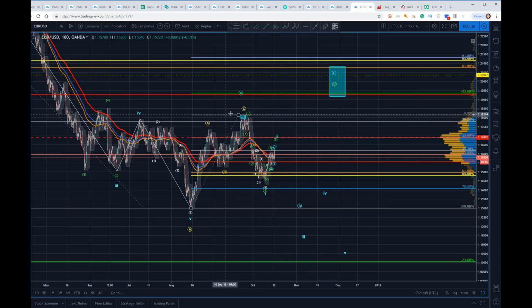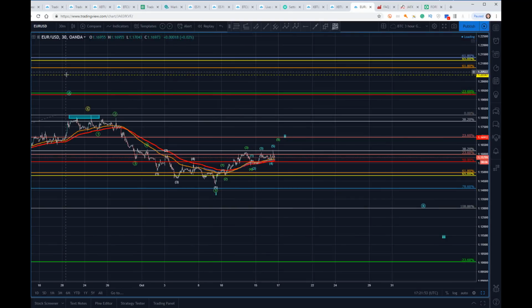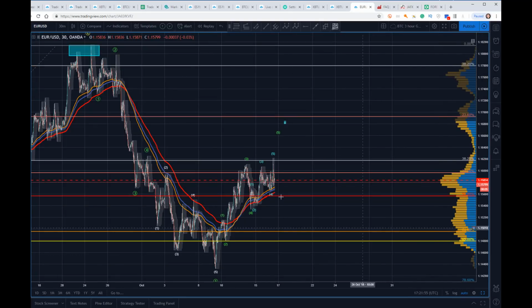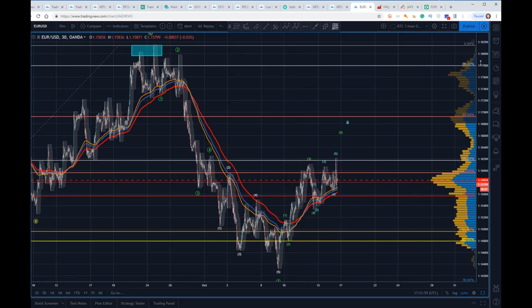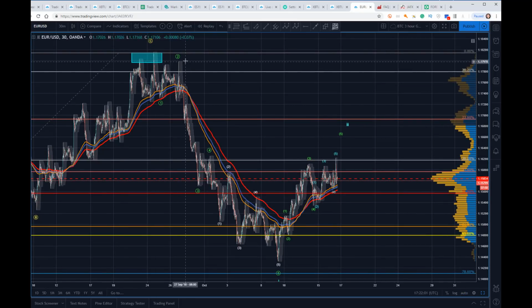All right, so the problem, this would be ideal if we had a 3-wave coming down. This would be no problem. We'd be going A, B, up we go for the C, but that's not what we get. So let me go back down to the 30-minute. Okay, so it's hard to argue with this 5-wave coming down. Right, 1, 2, 3, A, B, C into a 4, and then we get a 1, 2, 3, 4, 5,